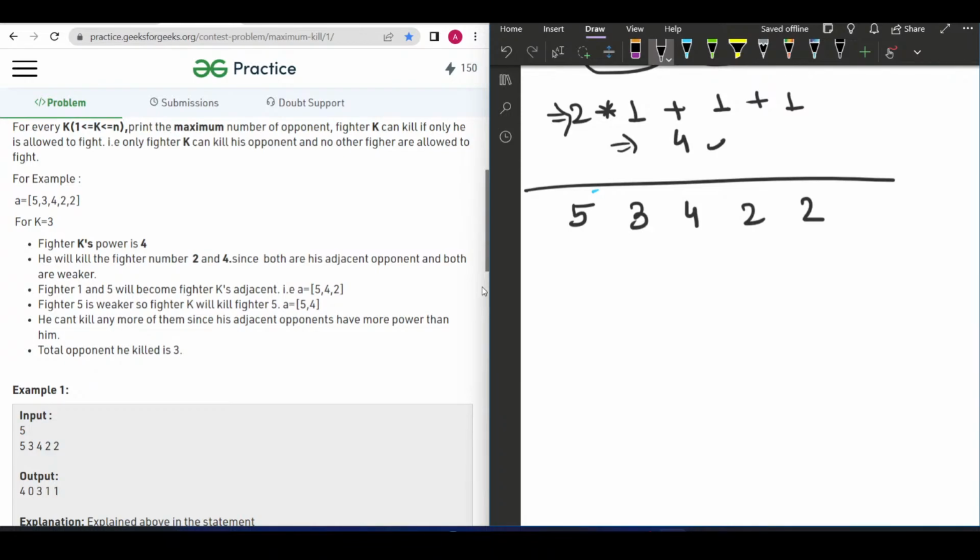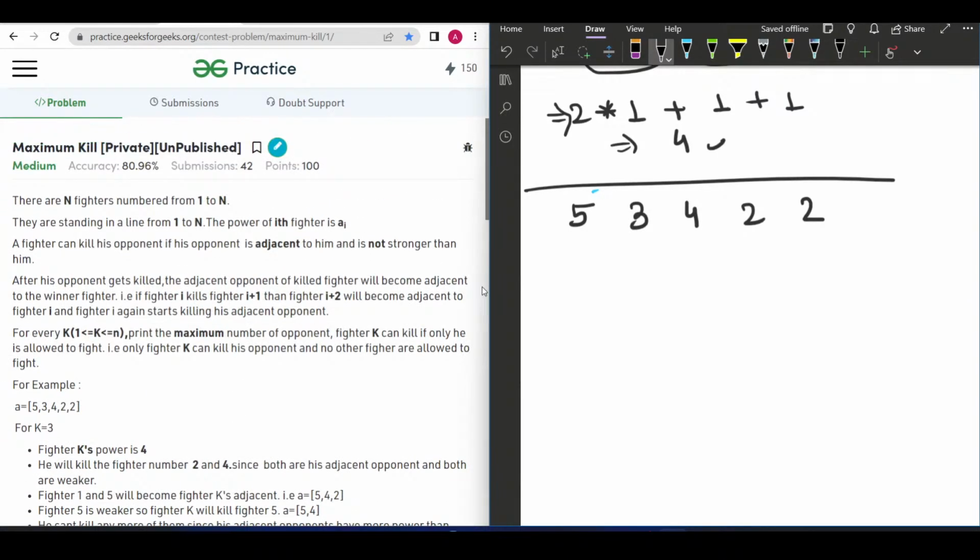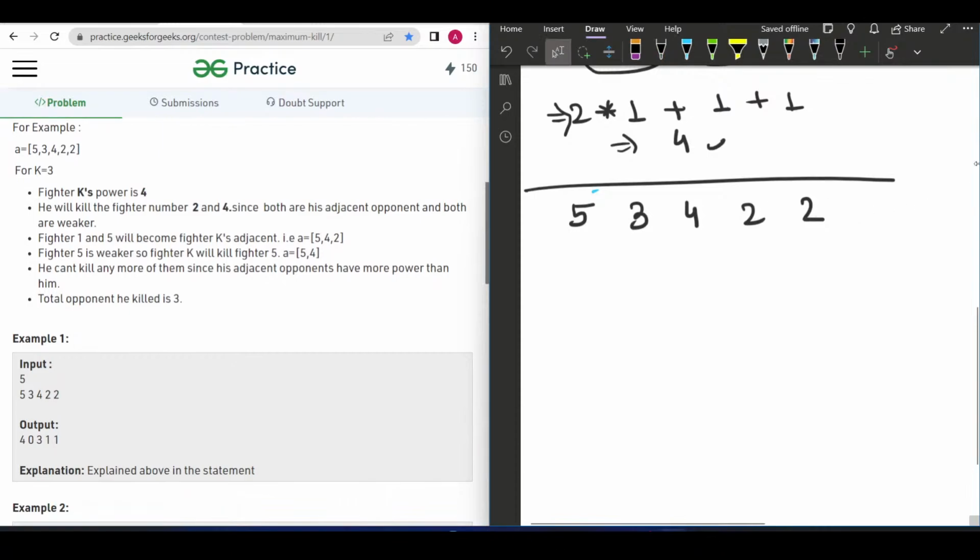So moving to the question part, here we are solving the maximum kill problem. We have been given the input as the power of 5 fighters, and we have to return the output array, that is how many fighters each fighter can kill adjacent to them. For this question we can have the approach where we will be using two